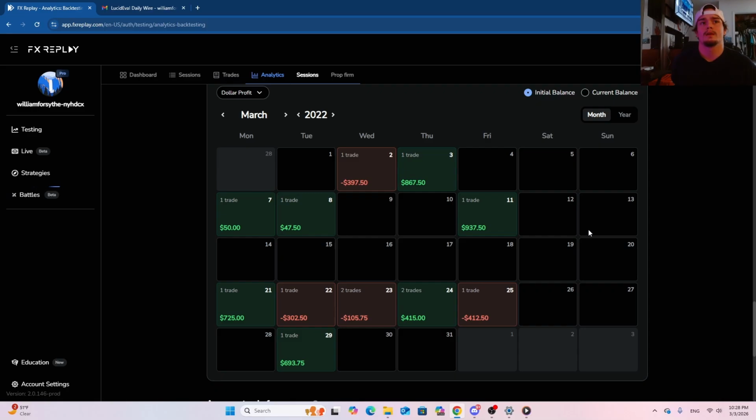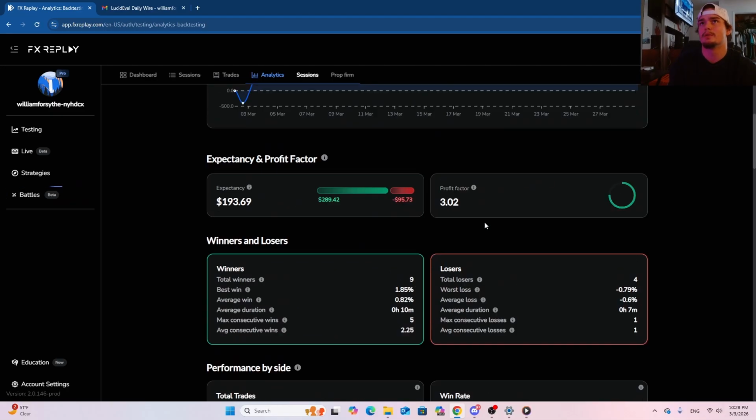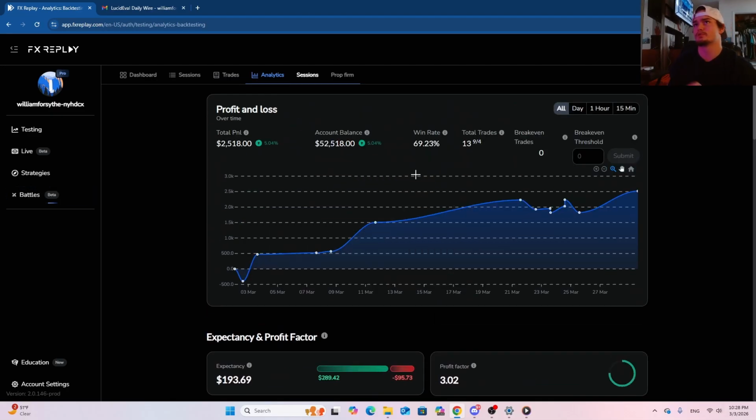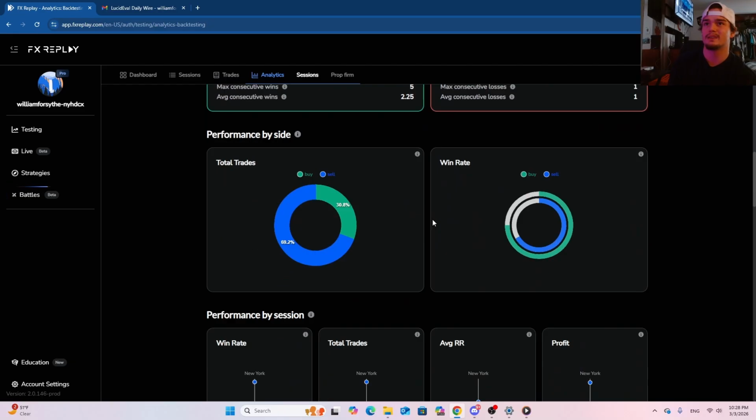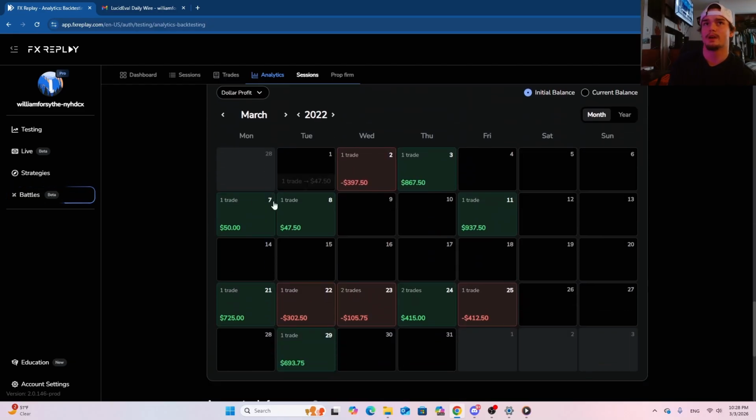But yeah, I think that was a pretty good representation of how I trade, and I think I've told you guys, maybe not on YouTube before, but the way I backtest, I'm consistently getting a 65 to 75% win rate pretty much in any month. So this month was just a bit short of 70%. 13 total trades taken, and that means how many payouts would I have been able to take? Just 1, 2, 3, 4. So just one payout would have been taken this month.